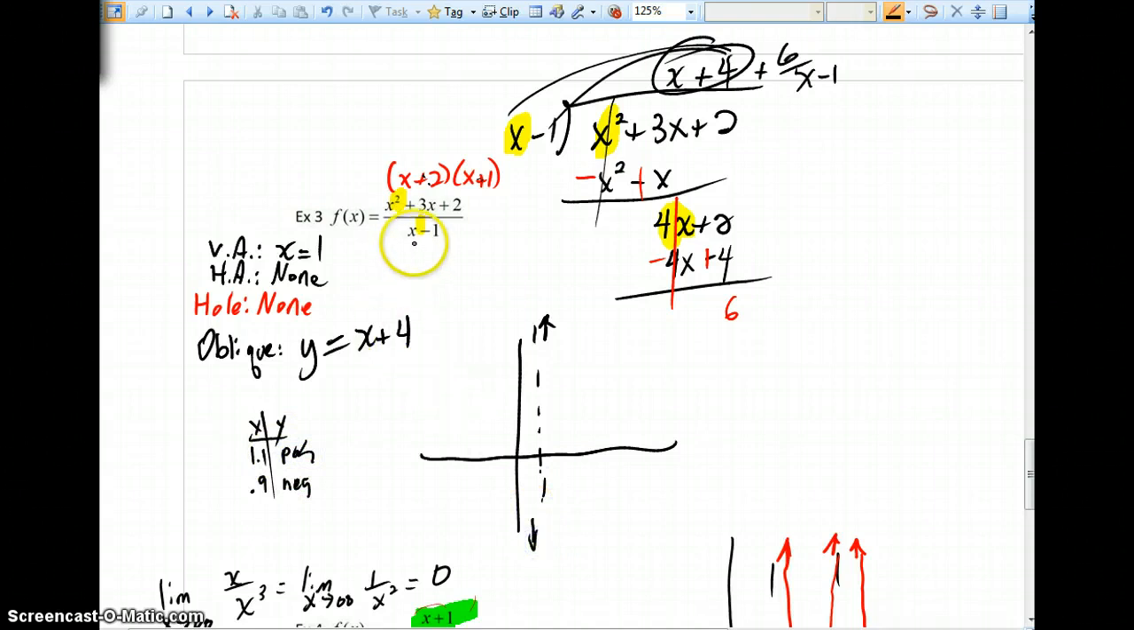We also have this x plus 4 with a slope of 1. And I think you can see what is going to happen here. Your curve is going to look roughly something